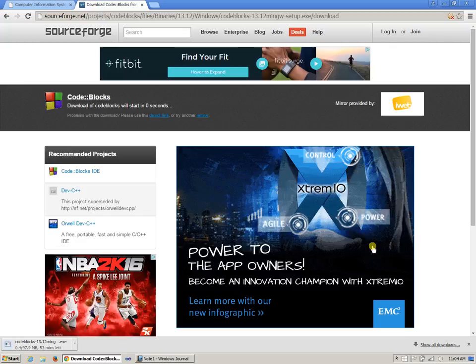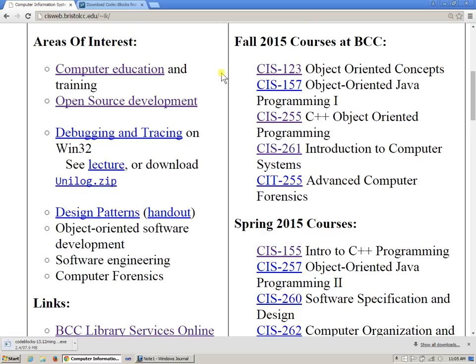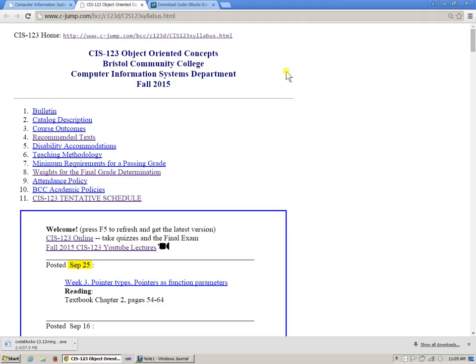Okay, so right there it says it's going to take a while to download, altogether 97 or 98 megabytes. Obviously, whatever our broadband permits, we're just going to let it run. In the meanwhile, I'll just jump to the CIS-123